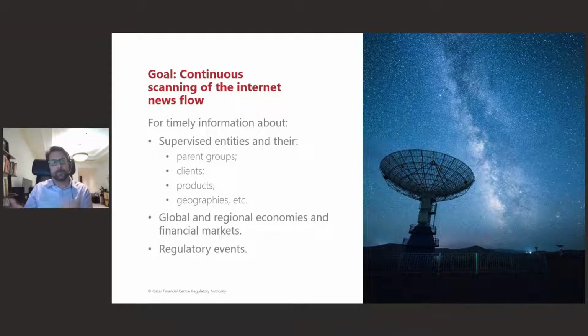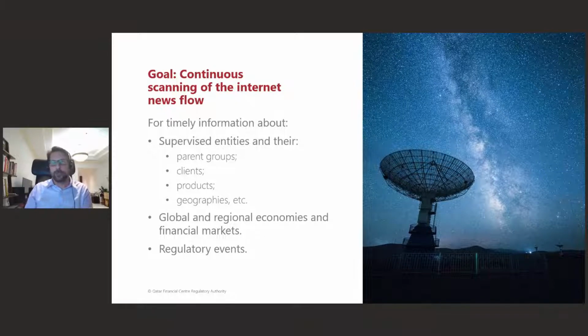The traditional means, of course, are that people read news and follow newsletters and so on. But what we need to do and what we want to do, because we are now in 2022, is turn this into more real time and really use the capabilities machine learning can bring to us in spotting the news that matter to us and bringing them to us